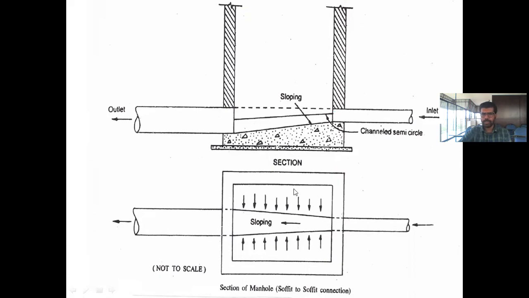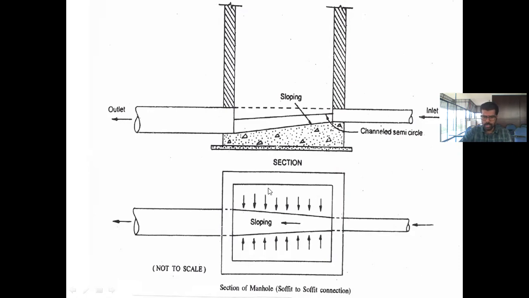There should be a sloping, and if you are looking from the top plan view, this connection, you can see this sloping. This coming here is sloped here. So here also slopes will be there. Here also slopes will be there. From all the sides, it will be coming to this.